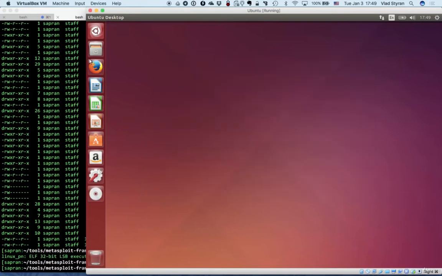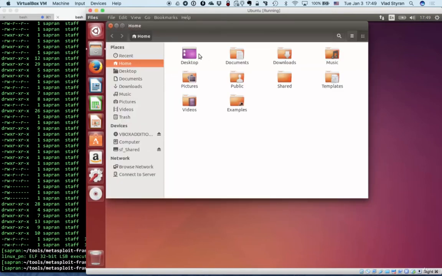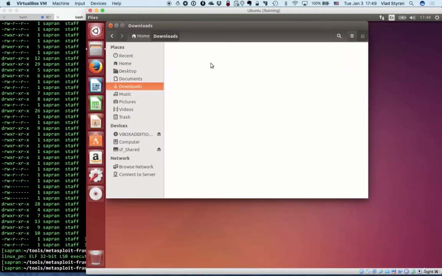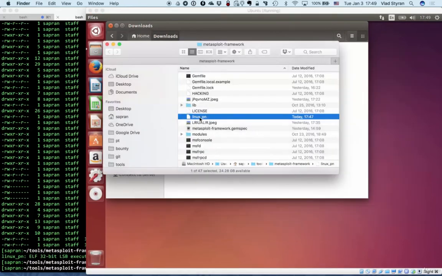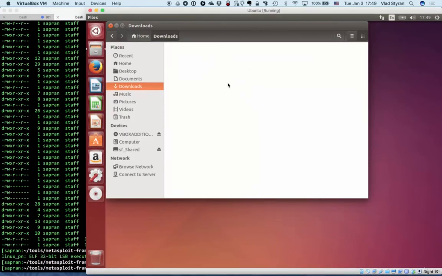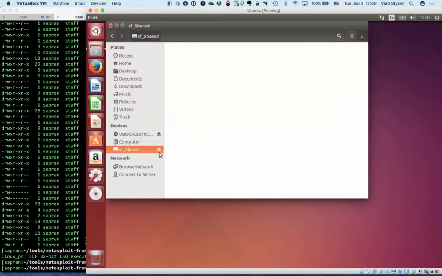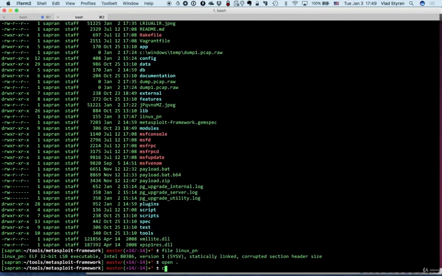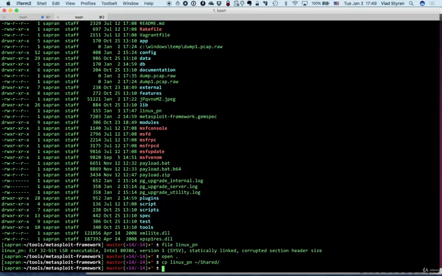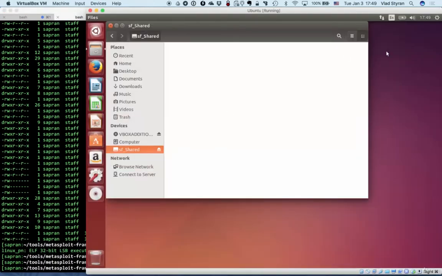Why isn't it working? That's funny. Let's put it into a folder. Why not? Okay, so can we put it into shared directory? I hope so. So let's just copy this file to a shared directory we have, and then on this host we'll have to run